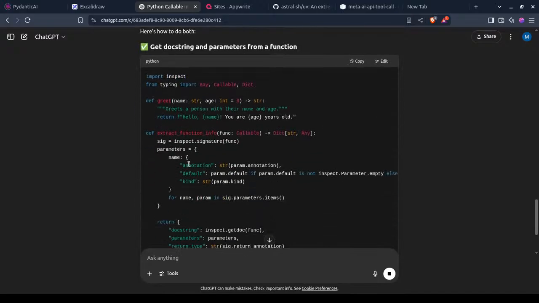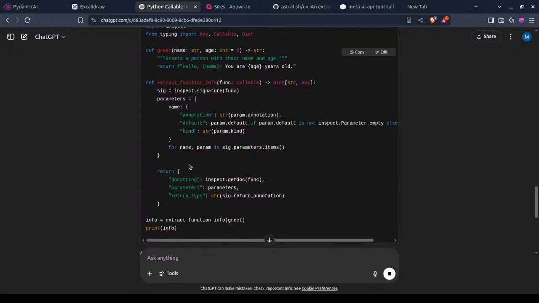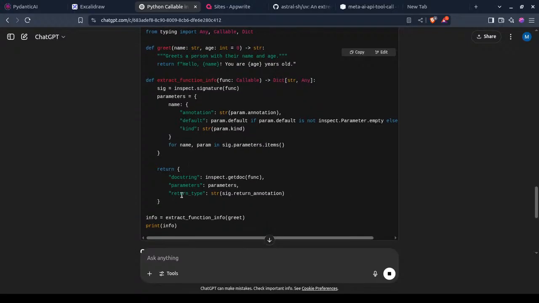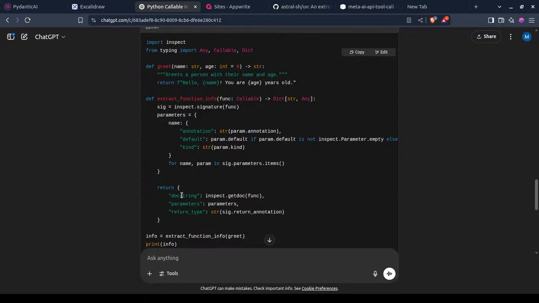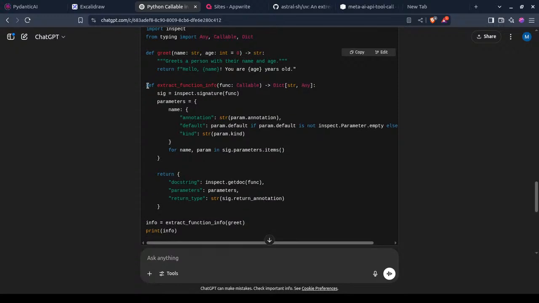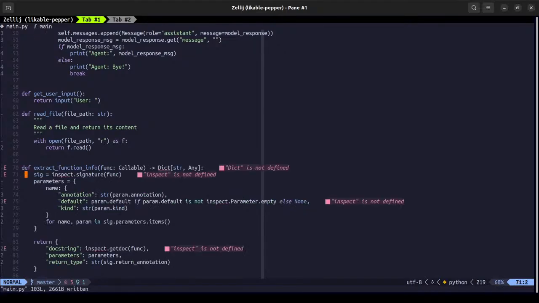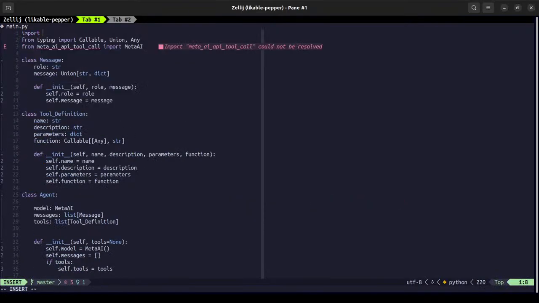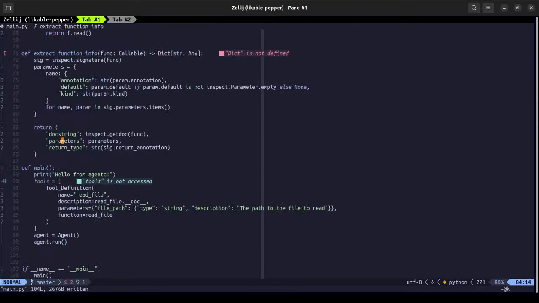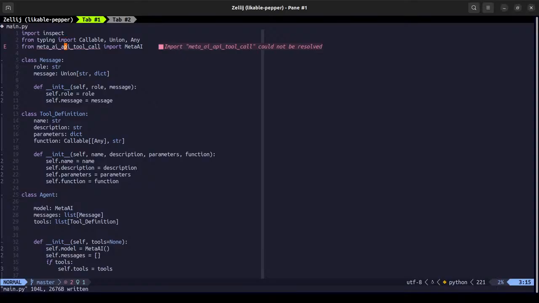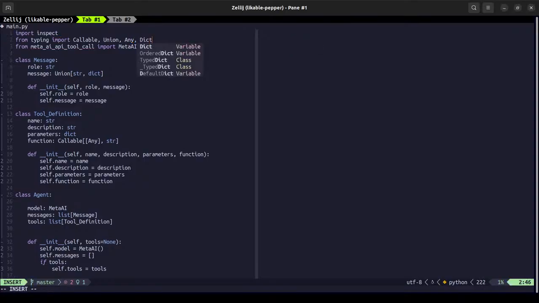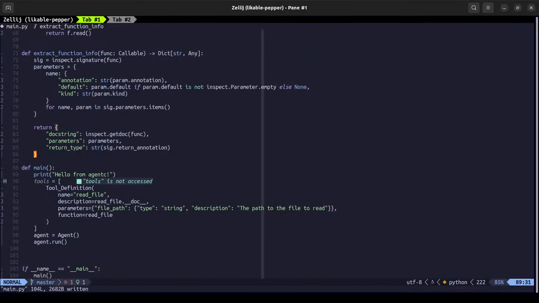Import inspect. Yeah, let's copy this one. It's quite handy here. So what it does is import inspect, that should be it.